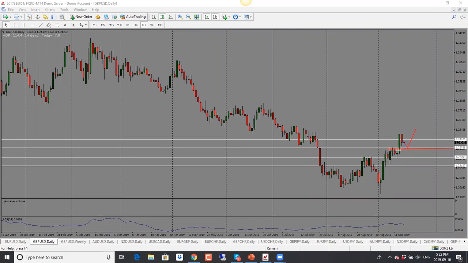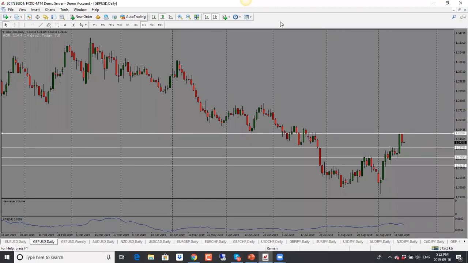So looking for a deeper pullback, or looking for price to drop a bit more into 1.2380. If it holds above, we're looking for price to go higher. If it goes through that level, then I'm looking for it to drop. So if it goes through, then I will look for a pullback and then a continuation towards the next level